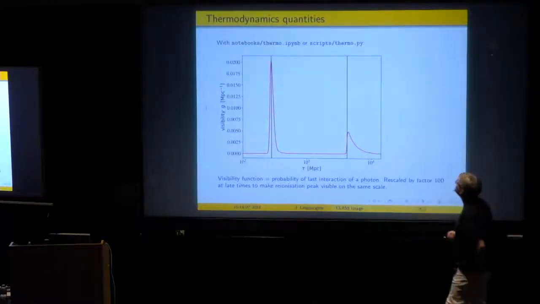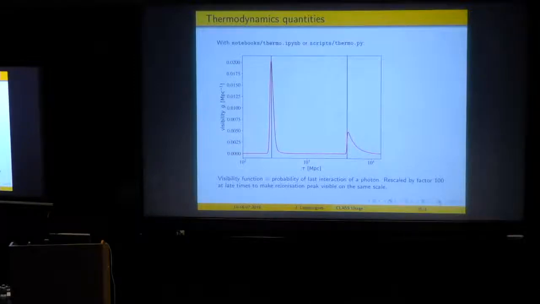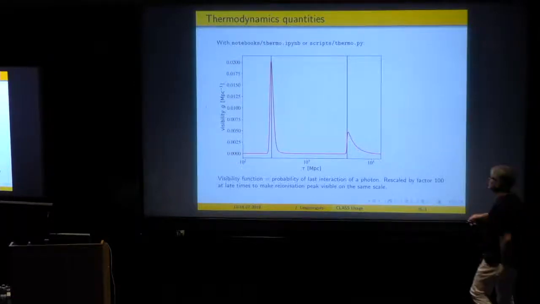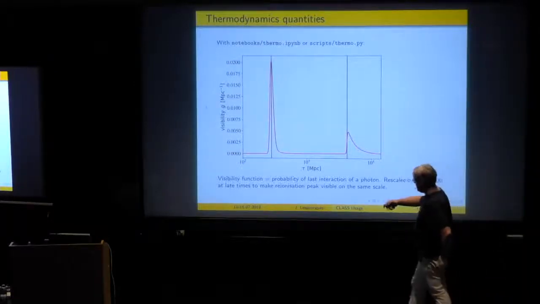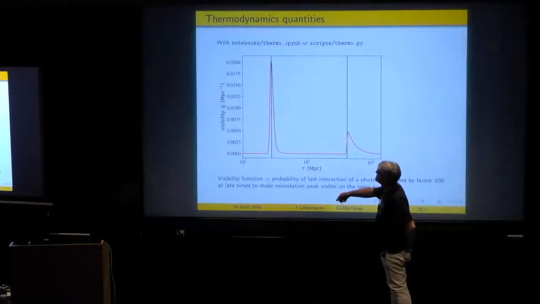And now we try to see what is in this Python notebook for thermodynamics. So for thermodynamics, it's the same. Here in this example, I want to show the visibility function G. And the part on the right with the reionization peak has been multiplied by a factor, otherwise the reionization peak would not be visible on the same scale as the recombination peak. So how do you plot this from class? Well, again, with a simple script,